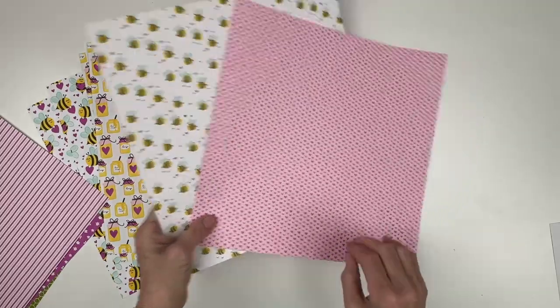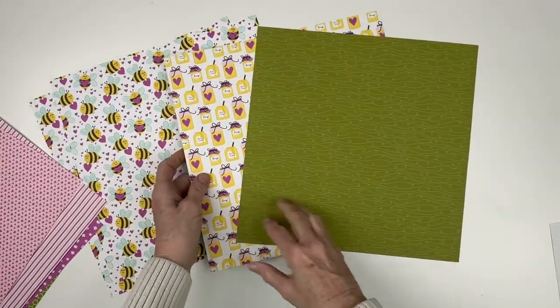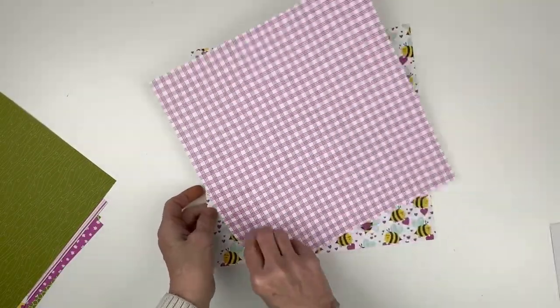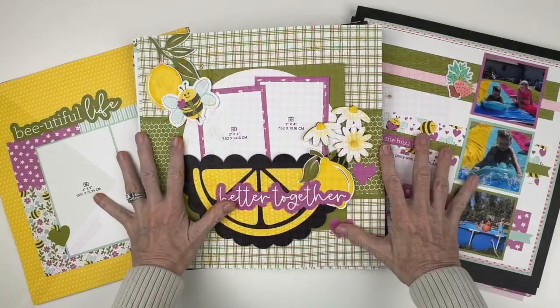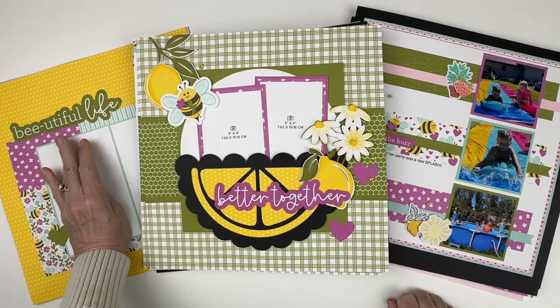Now you can see that the cute as can be Designer Series paper is not the same as the paper that comes in the Scrapbooking Workshop Kit. There's similarities and some that cross over, but you actually get more pattern paper in the Designer Series pattern